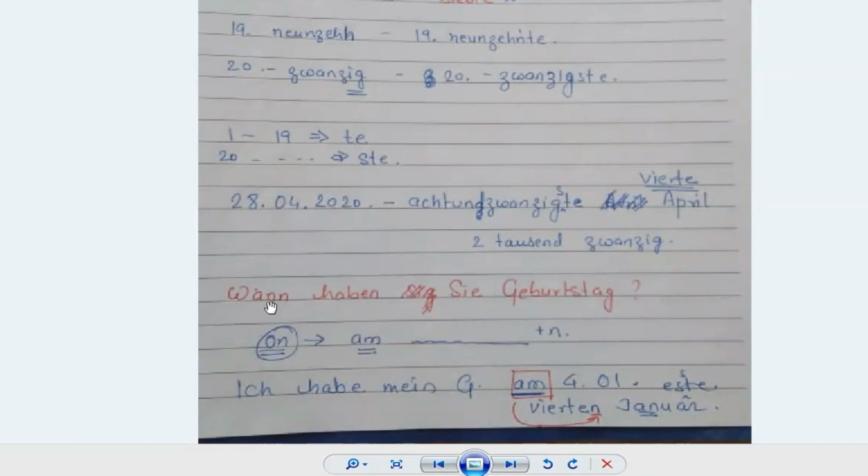For example, somebody is asking me wann haben Sie Geburtstag. That means when do you have your birthday. So my answer is ich habe mein Geburtstag. G is here Geburtstag. So ich habe mein Geburtstag am. Now it is my birthday, so it is vierten. Normally it should be vierter if it is just the date, if I am not writing a preposition. But when